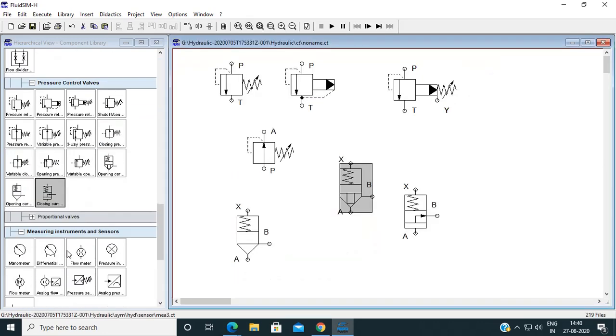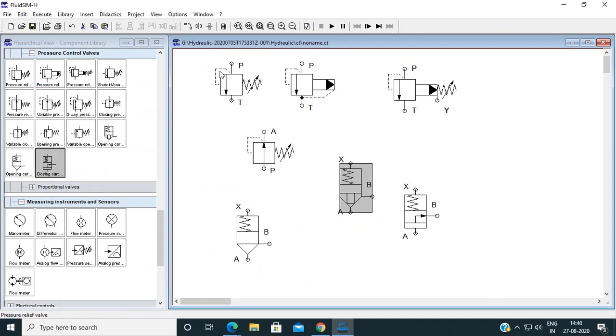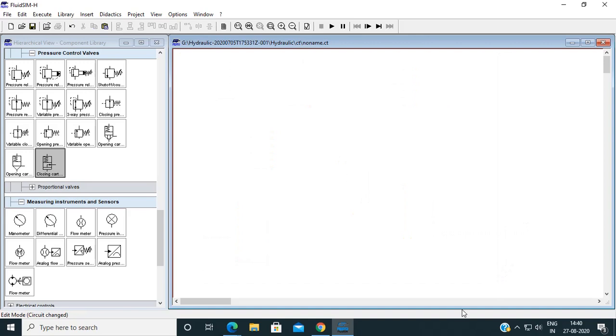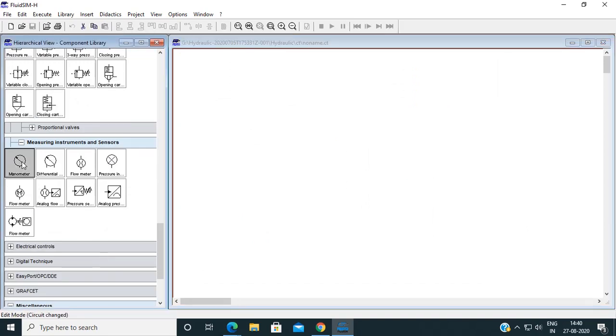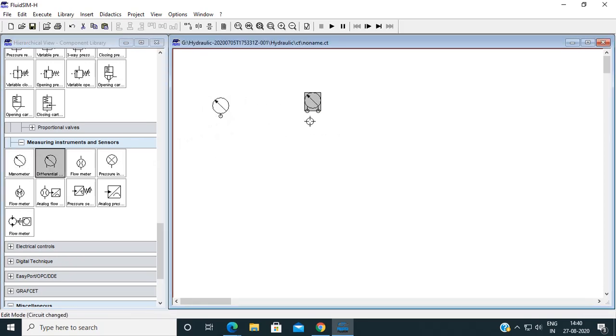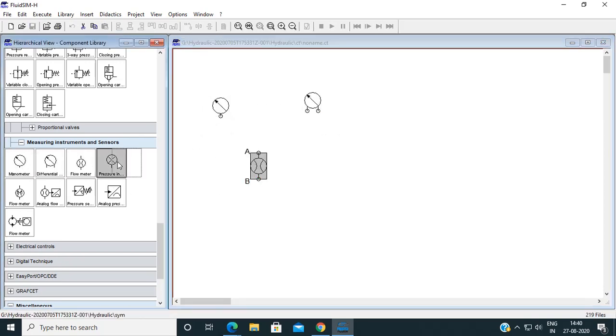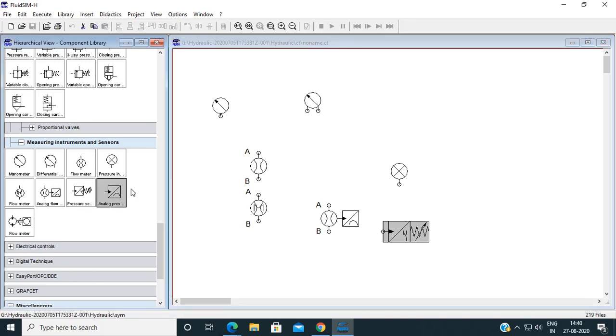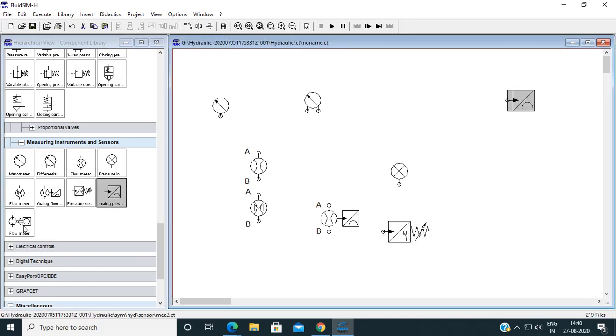Okay. Now these are the components required to build a hydraulic circuit. We will also require some measuring components, that is manometer, differential manometer, flow meter, pressure and flow meter, analog sensors, proximity sensors, likewise.